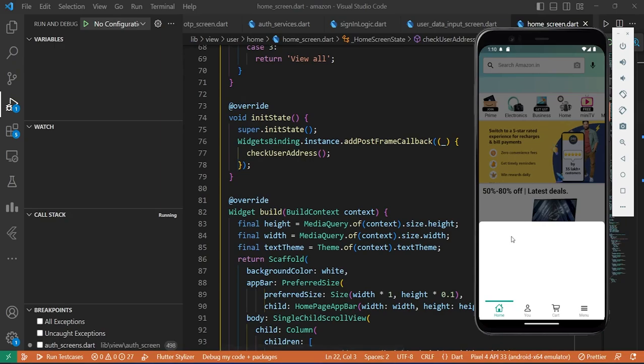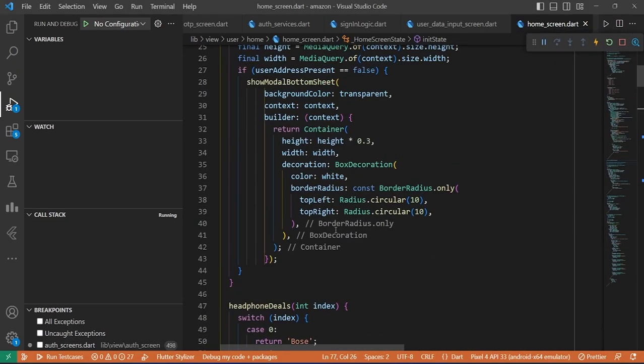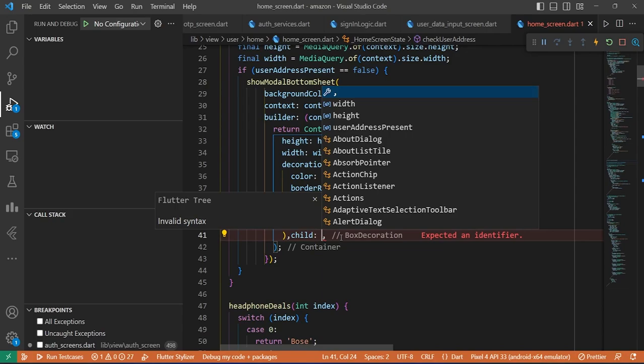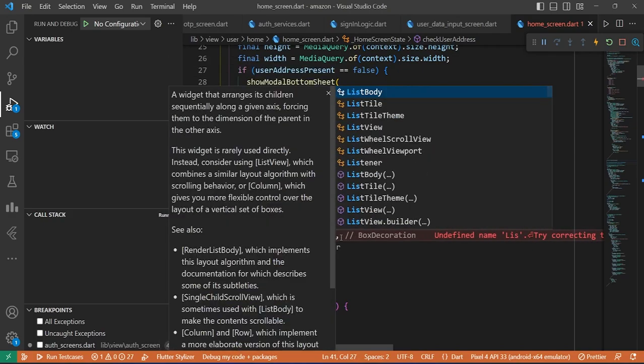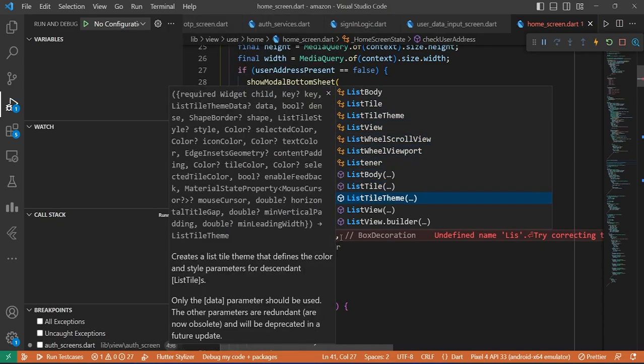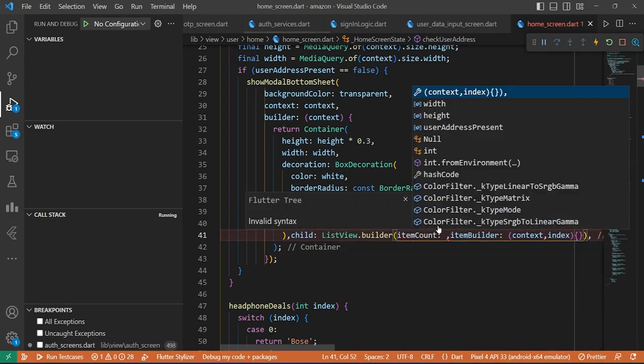Yeah, as you can see, as soon as it checks that the user doesn't have any address, this modal bottom sheet pops up. Okay, so inside this container, the child I'm gonna give here is a grid view builder. Sorry, there will be a list view builder. It will be context, index, item count. For now, let's go with item count 1,